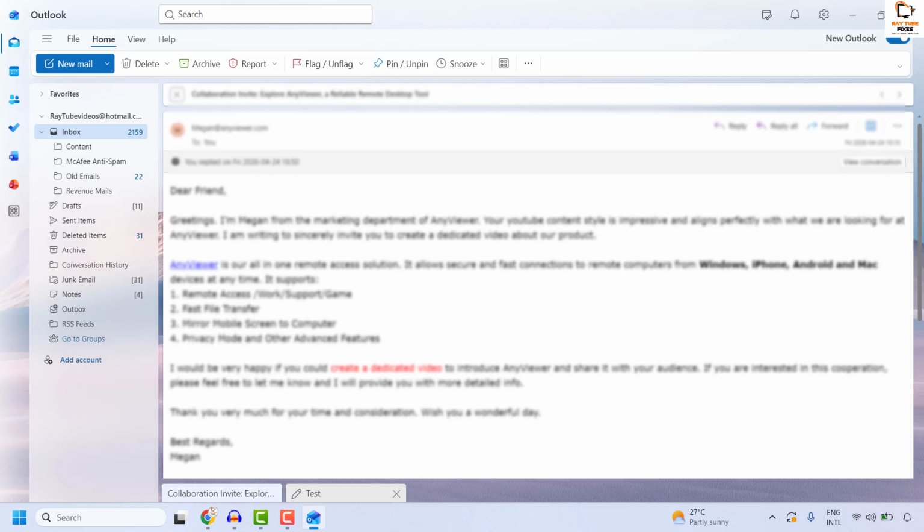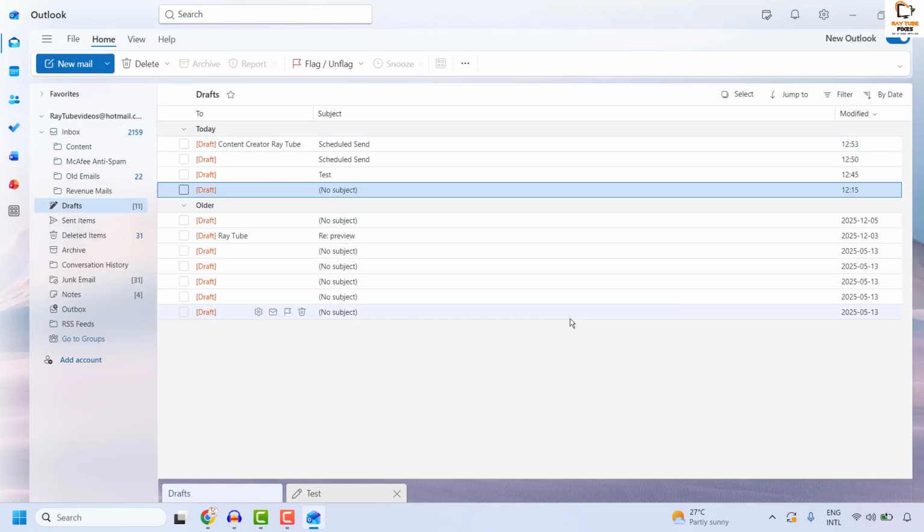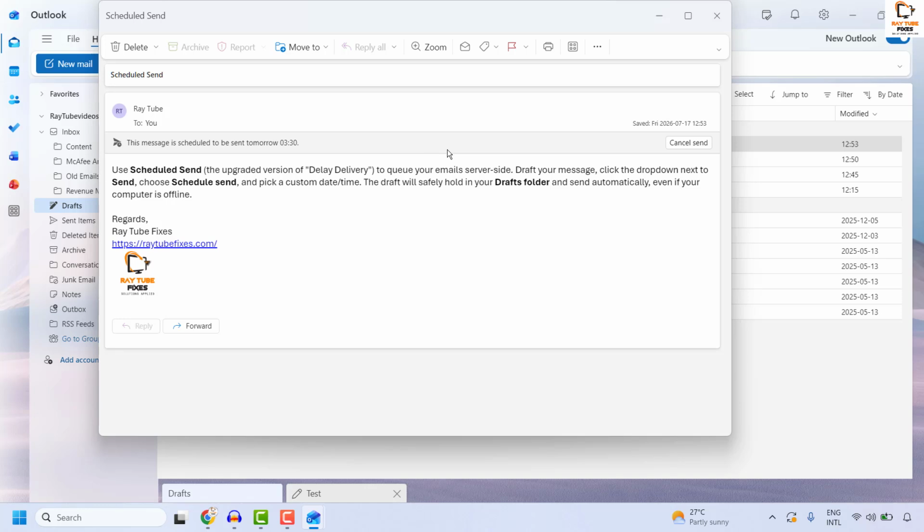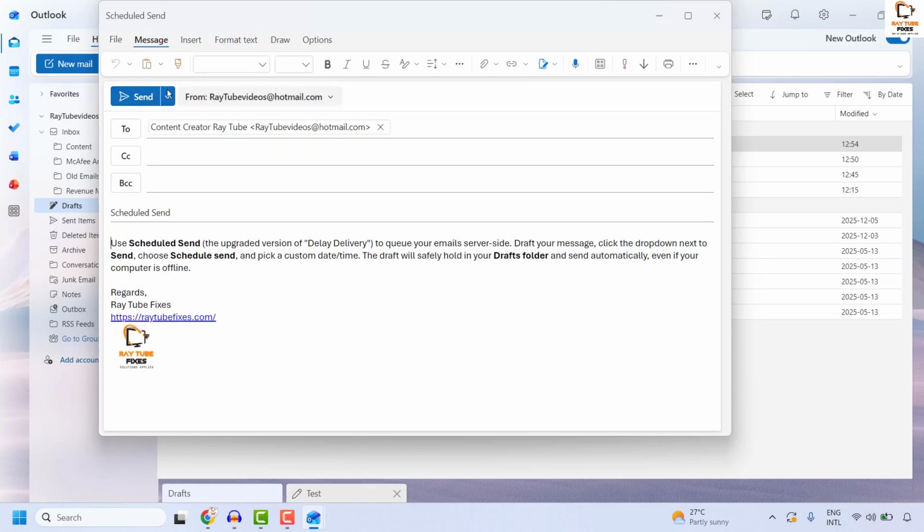In case you want to cancel the scheduled email, make changes, or send the email immediately, you will have to navigate to the drafts folder. Open the scheduled message. You can make necessary edits by clicking on cancel send, and then you can send this email immediately. In case you want to schedule it for some other time, you can locate the send